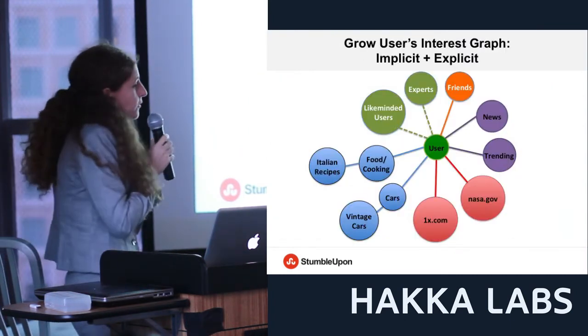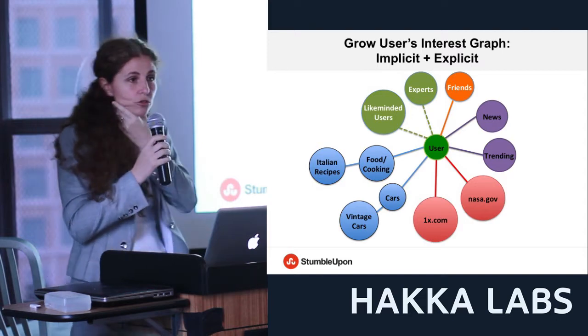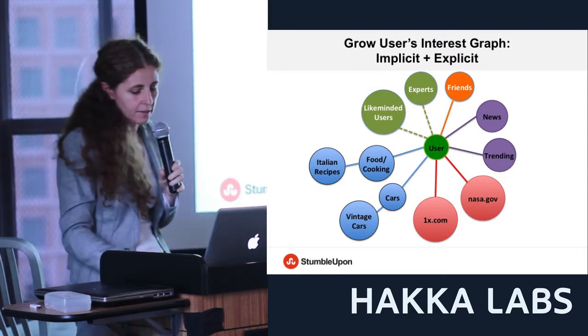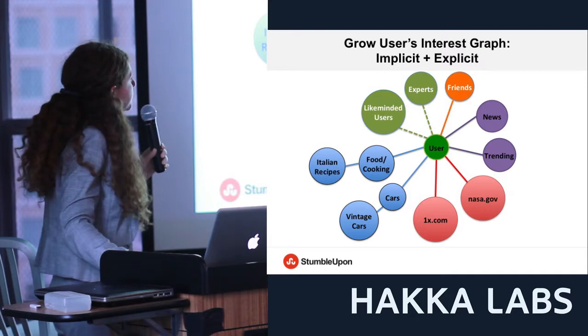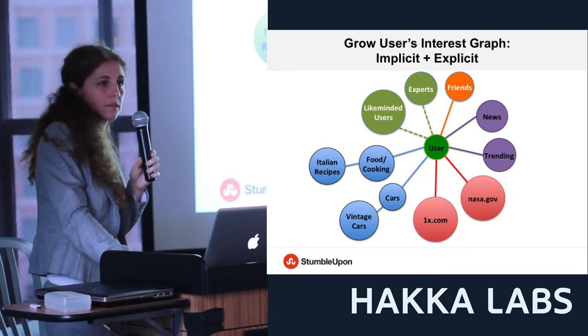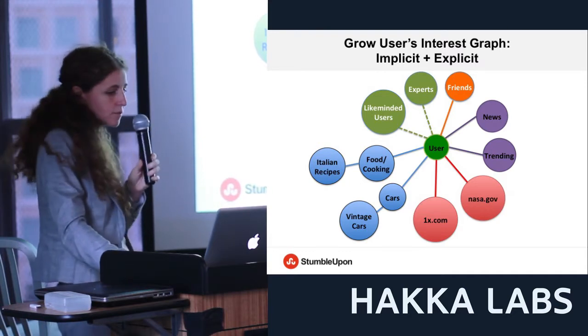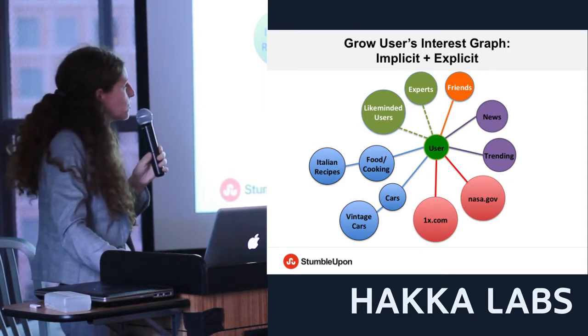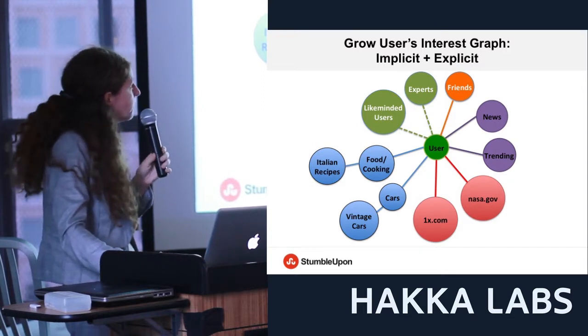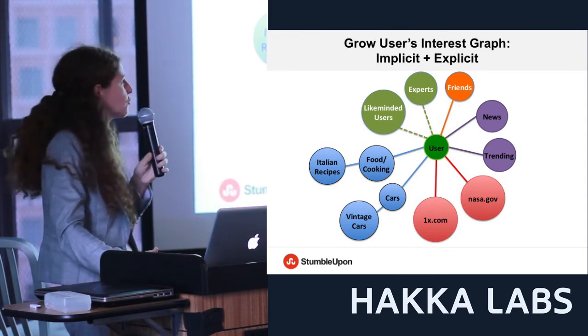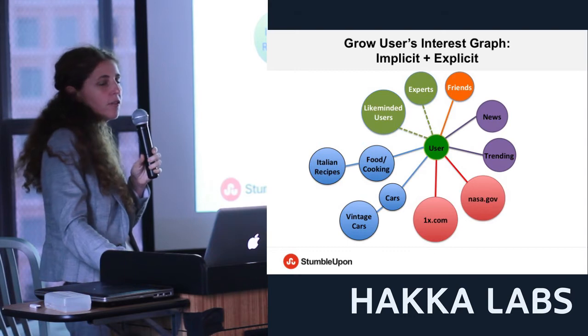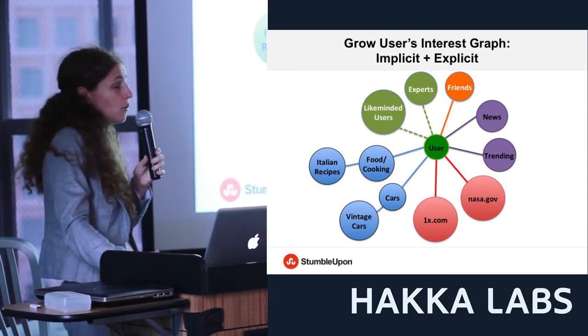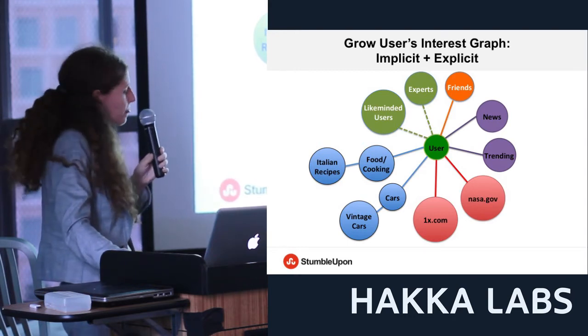So obviously at the center of everything is the user, and the user tells us explicitly what he likes, so the set of his interests, and sometimes we see that he has a favorite kind of news or trending content versus evergreen content, for example.